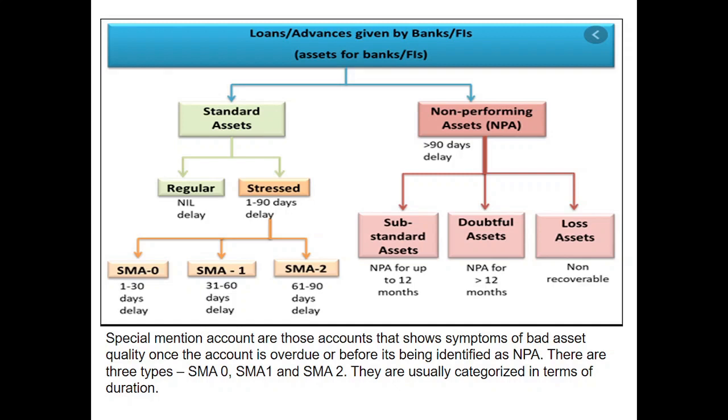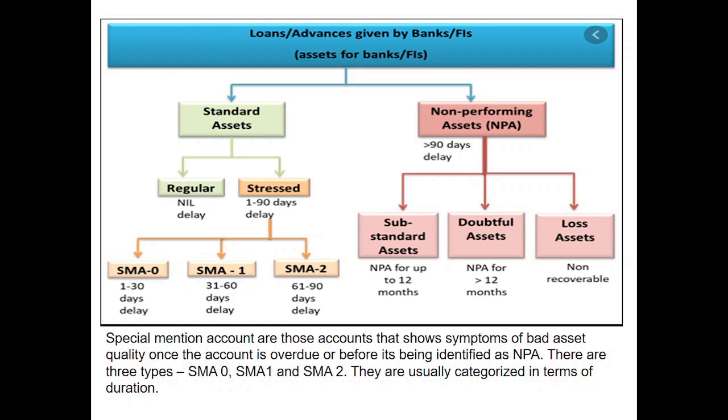Now what we are trying to do is, even though you have a default, we categorize you into three classes depending on your period of default. The shorter your duration, the quality is somewhat better, but the longer your default, the quality is on the higher risk side, more risky. So even after a default of, let's say, 89 to 90 days, you are still called a standard asset. But once you cross this 90-day norm, you go into the non-performing asset category,